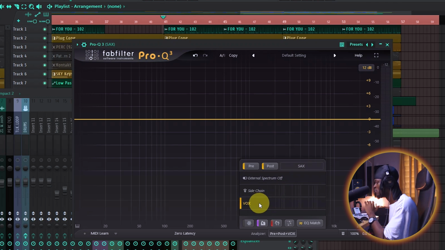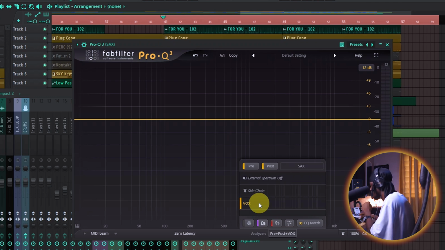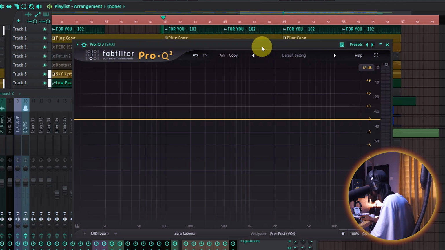The way FabFilter works is if you have an instance of FabFilter Pro Q on any channel, it's going to register in the other instance of FabFilter, right? Like for example, I have FabFilter loaded up on the vocal channel. It's going to register in the FabFilter that is loaded up on the sax channel. That's exactly what happened here. It's going to be identified as the sidechain, right? Now if we play here,